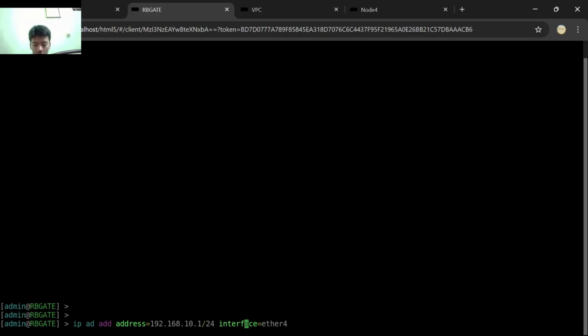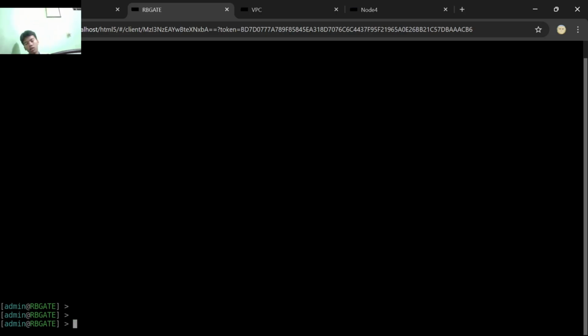Don't forget to press enter on all the configuration to add them. Now the last one, 192.168.20.1/24 interface ether 3. Enter.